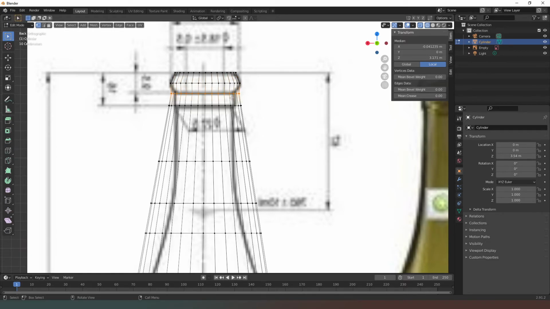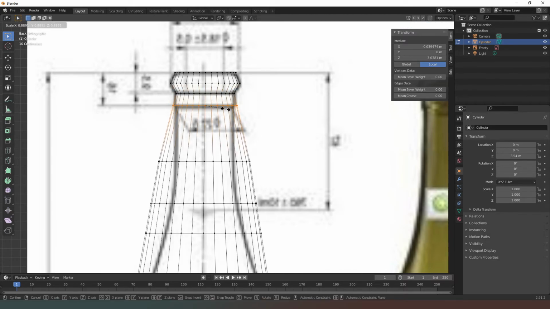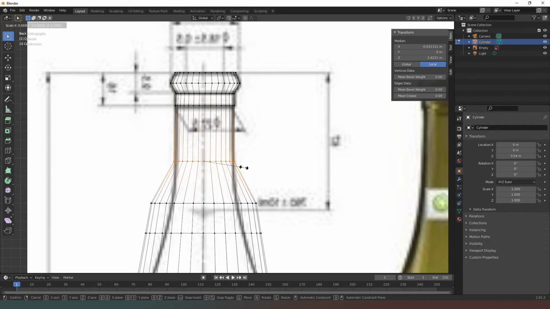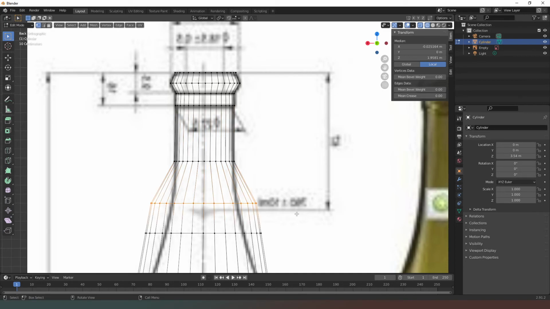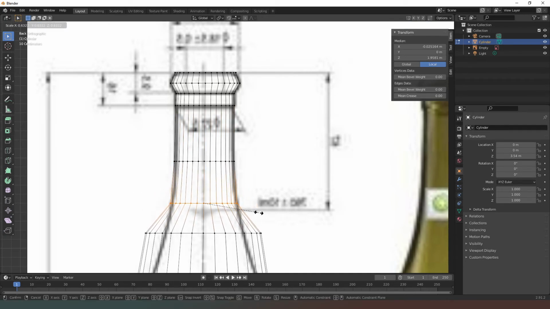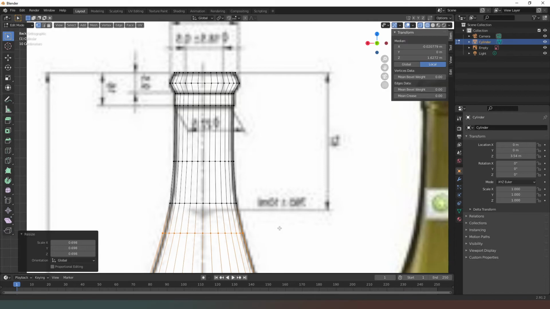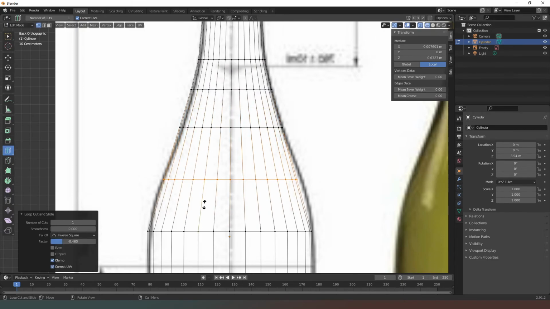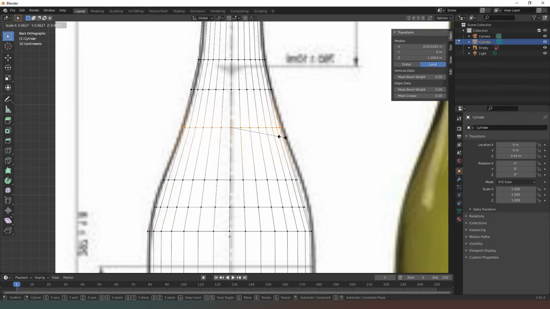We can select this next edge loop, and this is not going to be a perfect wine bottle by any stretch of the imagination, but for demonstration purposes you can see what we're trying to achieve here. Select the next edge loop, hit S again, scale it down, select this edge loop, same again, do the same thing again here, starting to funnel out ever so slightly. Select that one there, hold down shift, middle mouse button, move up. I reckon we need a couple more edge loops, so we'll get one there, get one there, and one more round about there. Use our select tool again, hit S to scale,